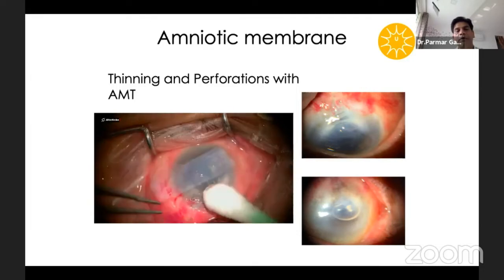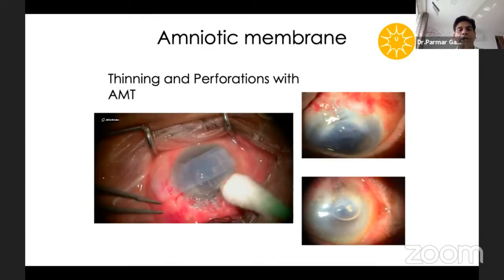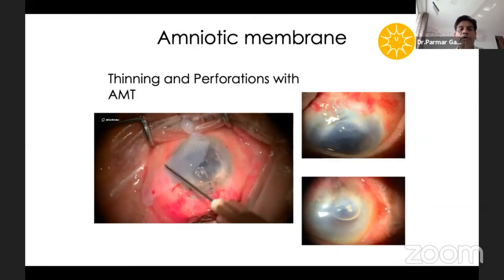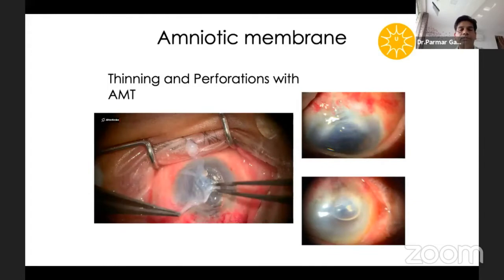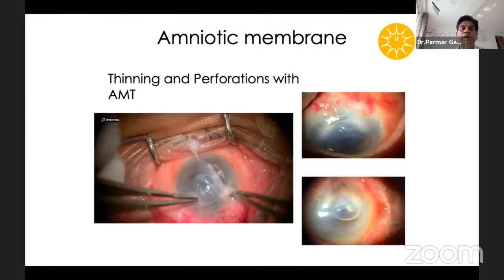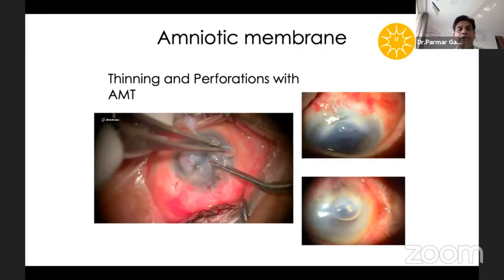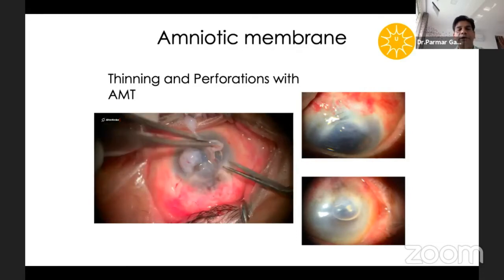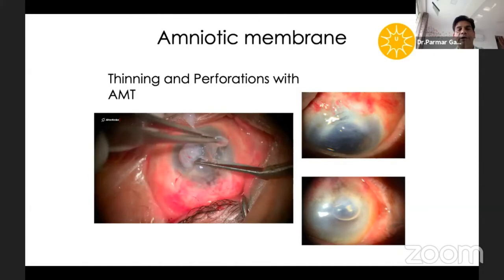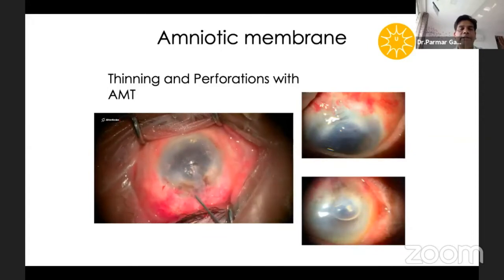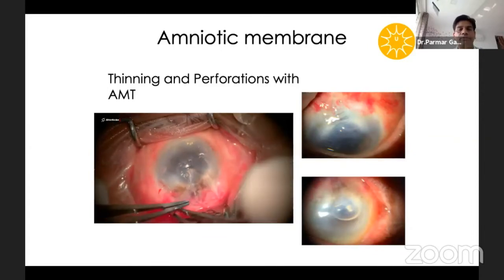So I use fibrin glue and amniotic membrane here to seal that perforation, and we could achieve a good sealing with use of this amniotic membrane in such a scenario, because we can't place suture, the cornea is already thinned out. So here I am placing this amniotic membrane.